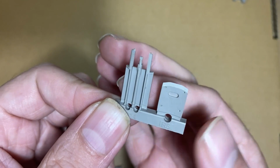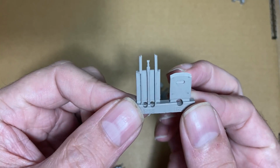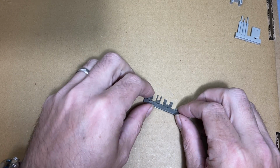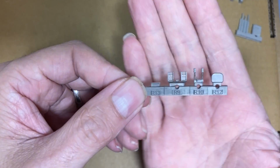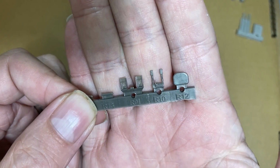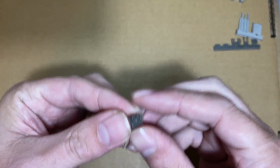Okay, and then where it's like the rail for the ejection seat. Okay, and then some just normal lovely little bits. So we've got the pedals, the cushion, and other parts of the seats, and another little bit, and then we've got